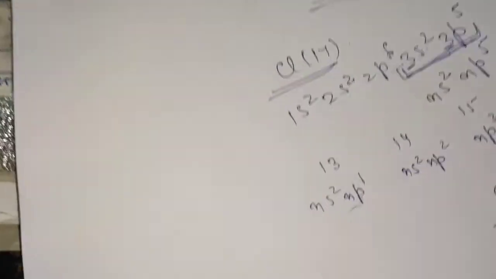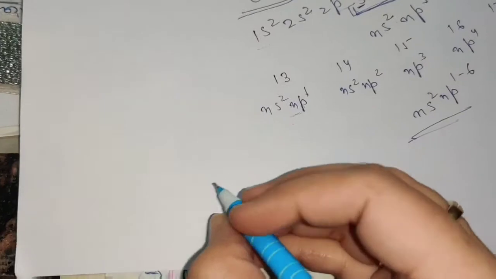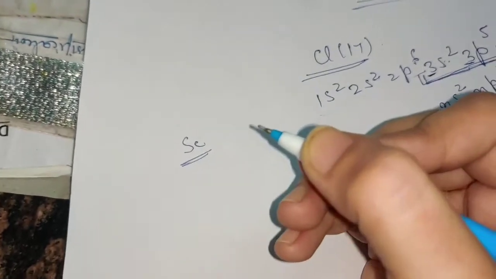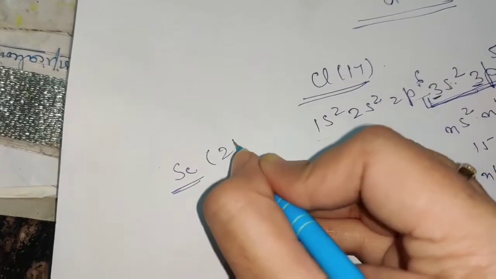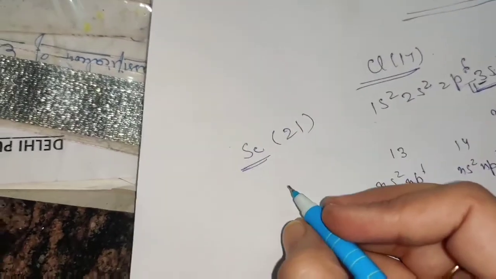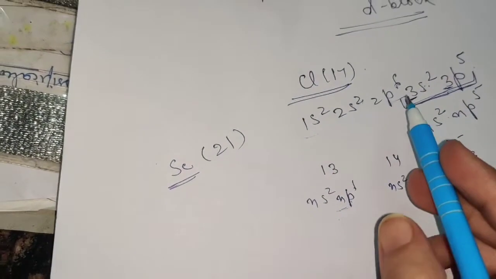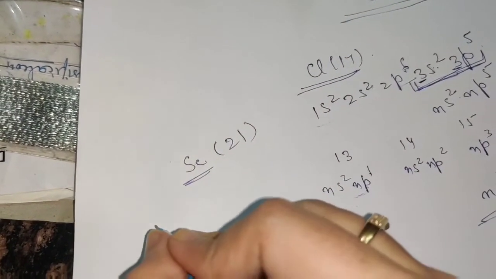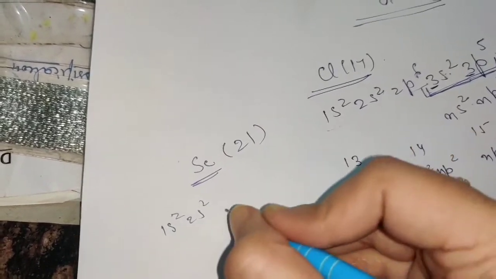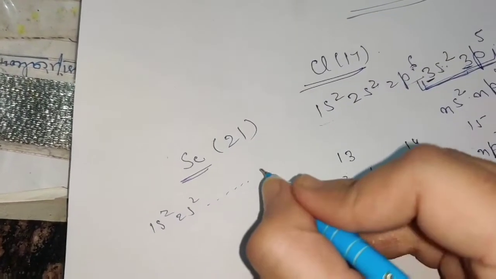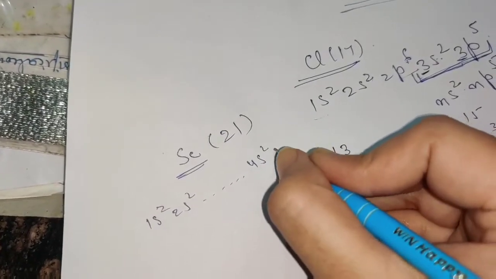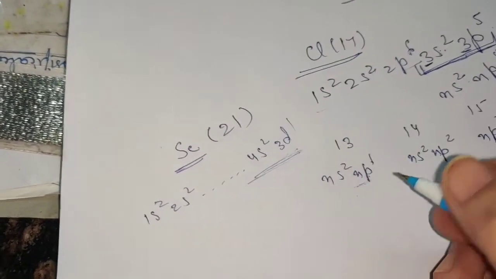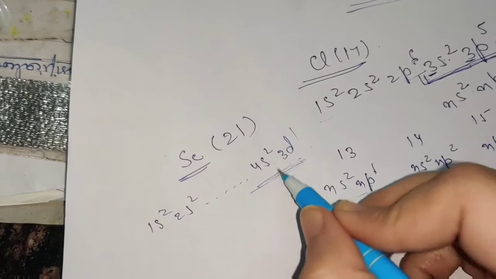So I'm taking up an example here. I am taking up the example of scandium, which is the first element of the D block, atomic number 21. Now when you write down the electronic configuration, as you saw in case of calcium, it will remain the same. That is, when you write down 1s2, 2s2 and then so on, at last you'll have 4s2 and 3d1. So when you write down the entire electronic configuration, you find 4s2 3d1. This is the outermost electronic configuration.